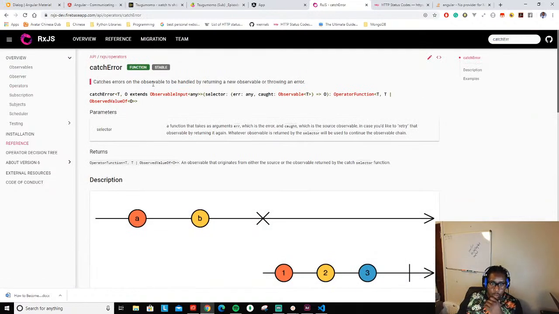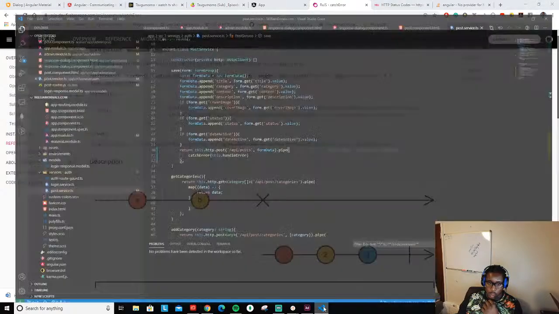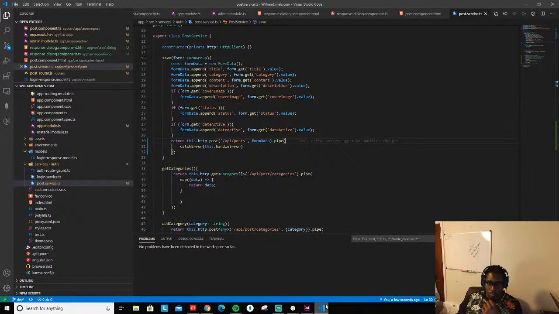So catchError catches errors on the observable to be handled by returning a new observable or throwing an error. It's a function that takes as arguments error, which is the error, and caught, which is the source observable, in case you'd like to retry that. So this.handleError,